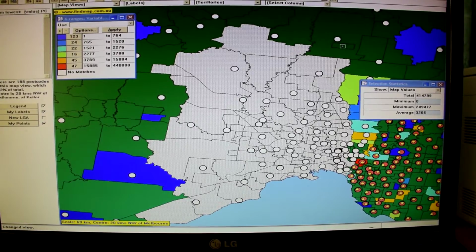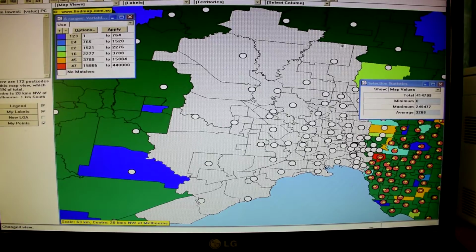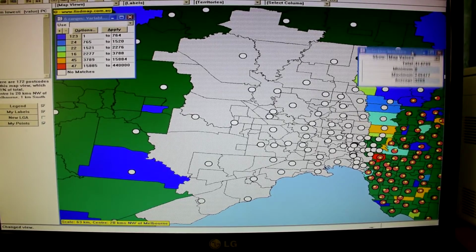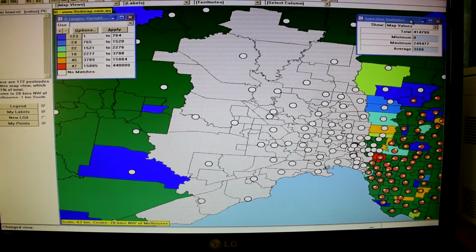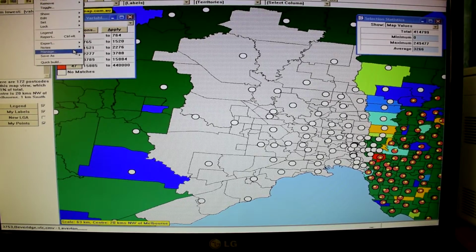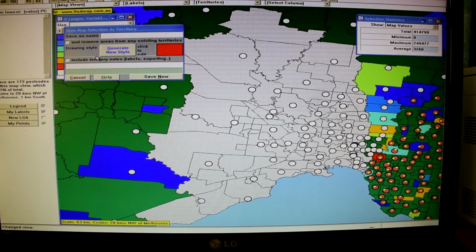I'd say yes. Well, let's have a look at that. We'll just go to that. Alright, so we've got now a value that was in the map. We've color coded it and we've selected it, and we've seen the statistics for it, and so yes, we'd like to save that off as an area of interest. So we'll go up to Territory, Save As from Map Selection,